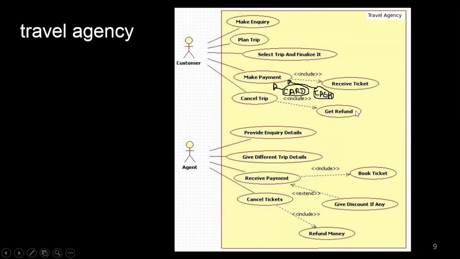Whenever you are given any system, you have to first identify the actors. You can identify the actors by getting answers to questions like who is getting most of the benefits, most of the advantages from this system. So you can get your primary actors, who are getting the benefit from this system.